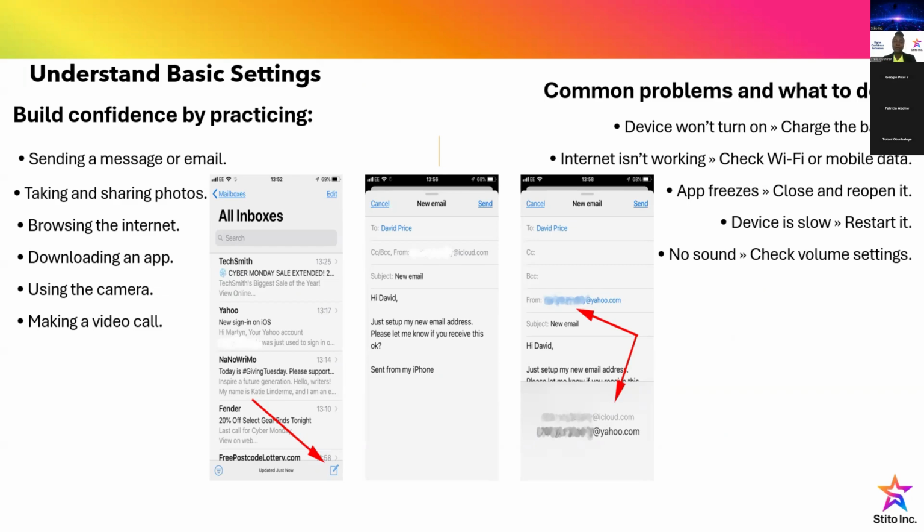Also, browsing the internet, not just Facebook is the internet. The internet has a lot more beautiful, interesting, interactive things. So browsing the internet, we also learn in the course of this training, downloading an application, either on Apple Play Store, Google Play Store, or any Play Store that we have, Android Play Store, to download an app, install the app, and follow all those prompts. We also learn it in the course of this training. And using the camera, it's not just to take the shot, how the shutter works, the speed timer. We'll talk about it in the course of this class today.